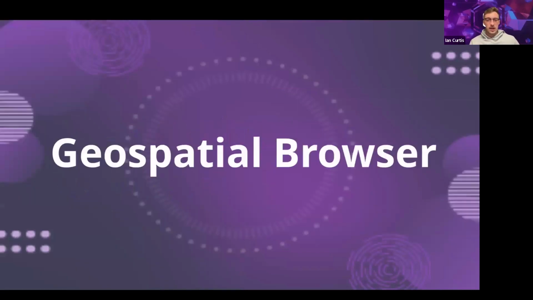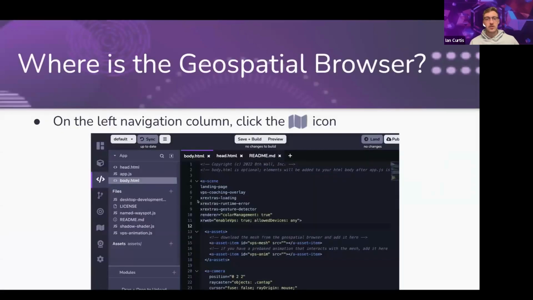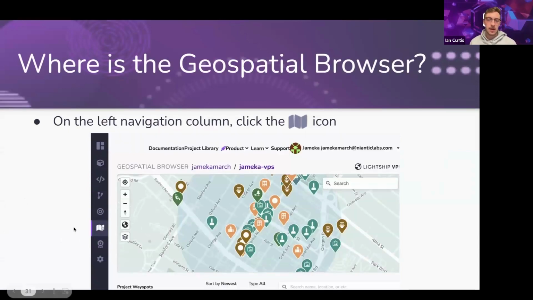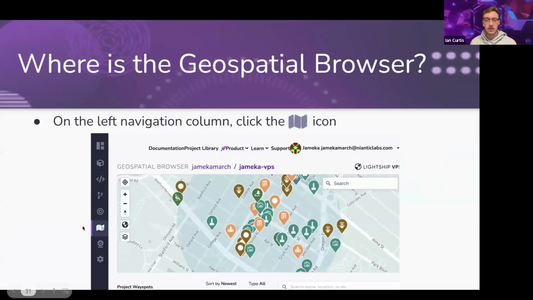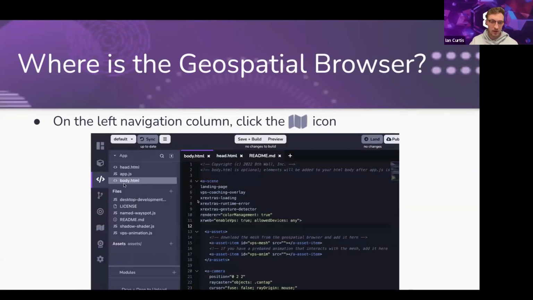So second here, we're going to add a wayspot from the Geospatial Browser. So the Geospatial Browser is going to be found via this map icon here. And as I said previously, this is a big map of the world, top-down view. And once you click on this icon, the Geospatial Browser will start in Palo Alto here. But if you click this